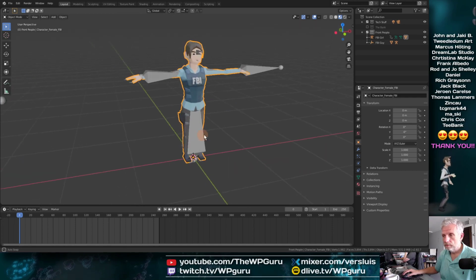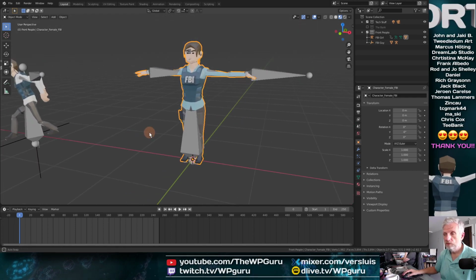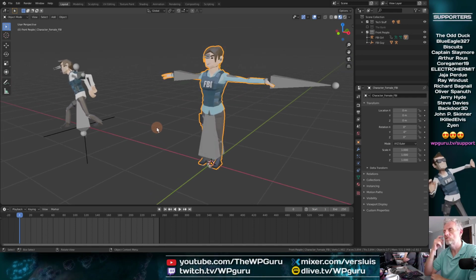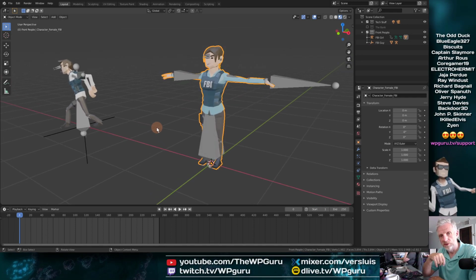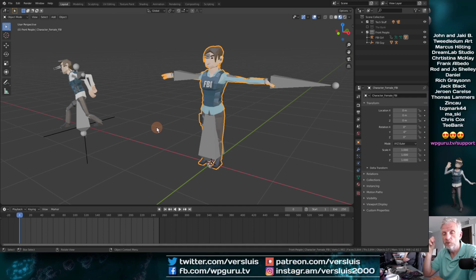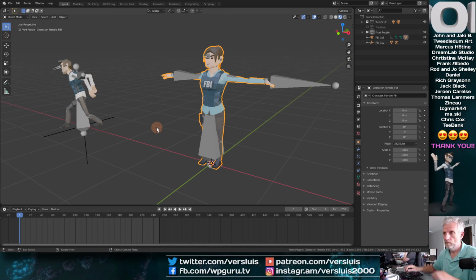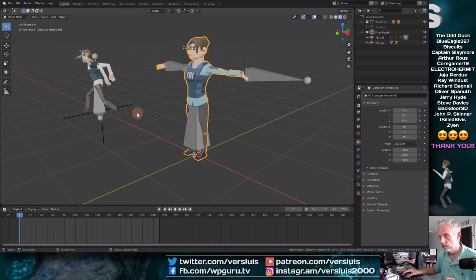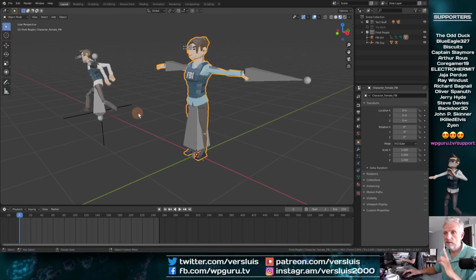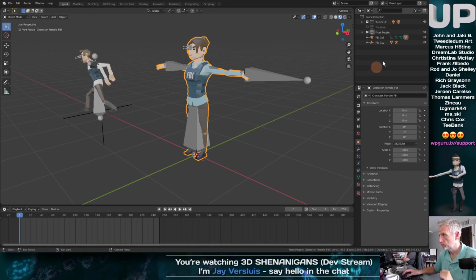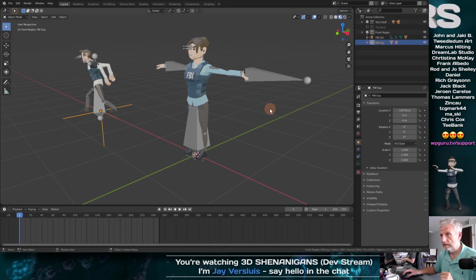I found his link through the Synty Discord server. They've got an open Discord server, and if you have issues with any of the Synty assets, they are more than happy to help you there. I love these assets, by the way. They are just so cool, so lightweight and versatile. Really like them. Let's apply the first animation of that guy onto her and see if it all works.